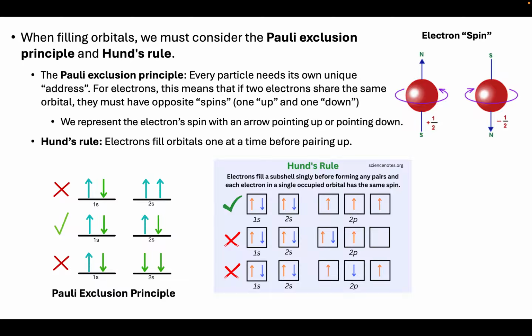Hund's rule says that electrons will fill orbitals one at a time before pairing up, which makes sense when you think about it, because remember, these have a negative charge and two like charges are going to repel, right? So if they can spread out a little bit and not be right next to one with the same charge, then of course they will. And that's why you would represent that in the way that's shown in the Hund's rule diagram with the green